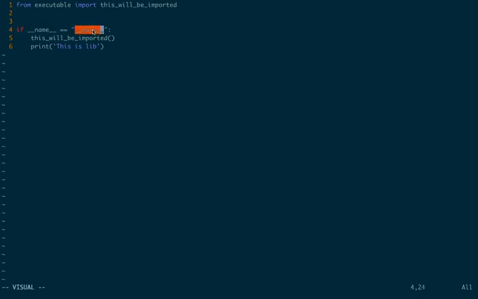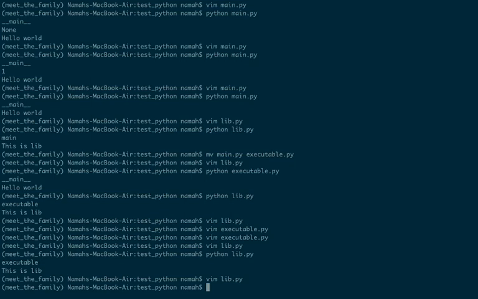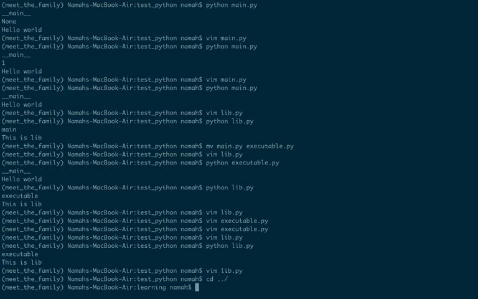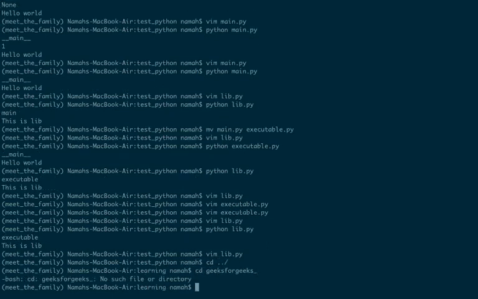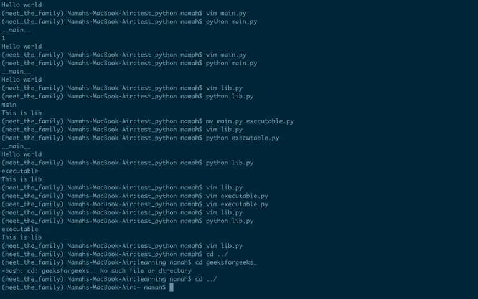It will not be __main__ anymore. So this particular part will not be executed when you import this file somewhere else. That is the whole point of __name__ == "__main__". I hope you understood that. Sorry about that, this is not Geeks for Geeks, that's a whole other lesson.